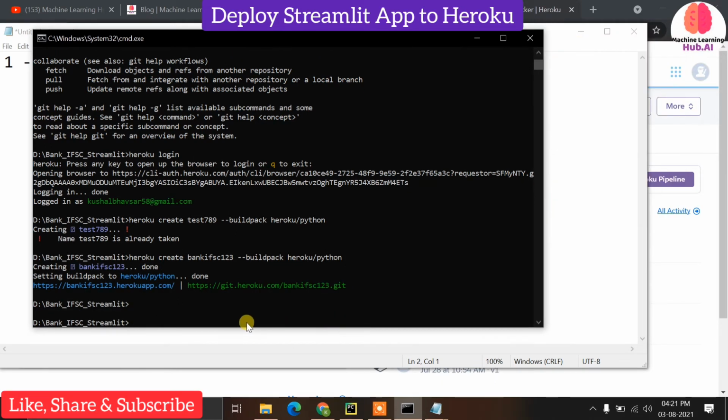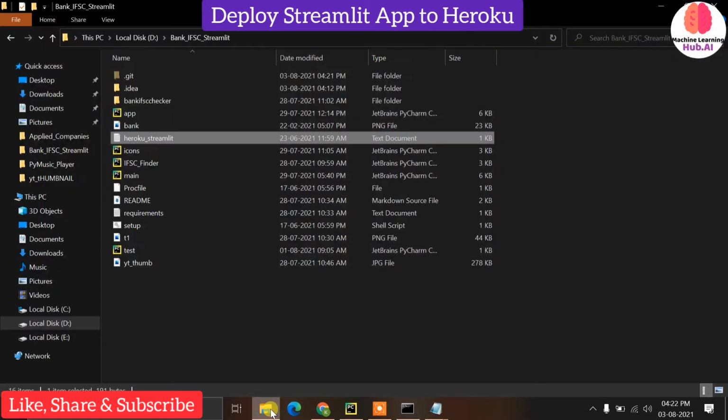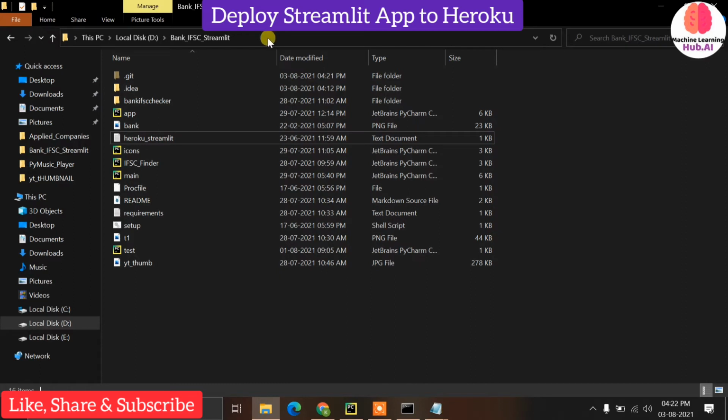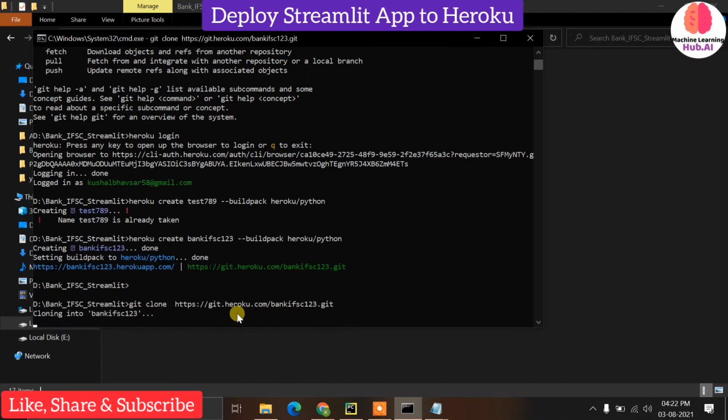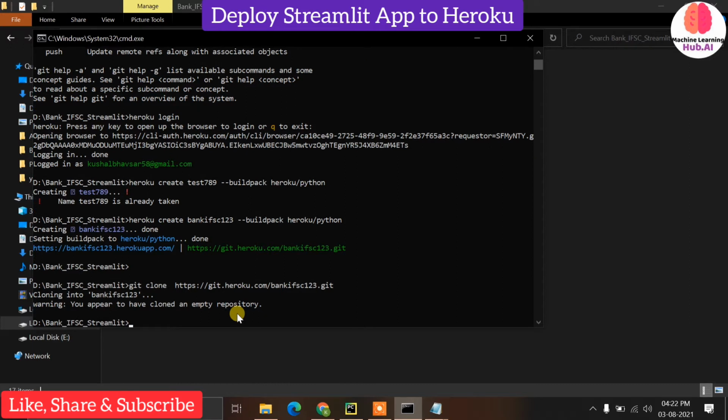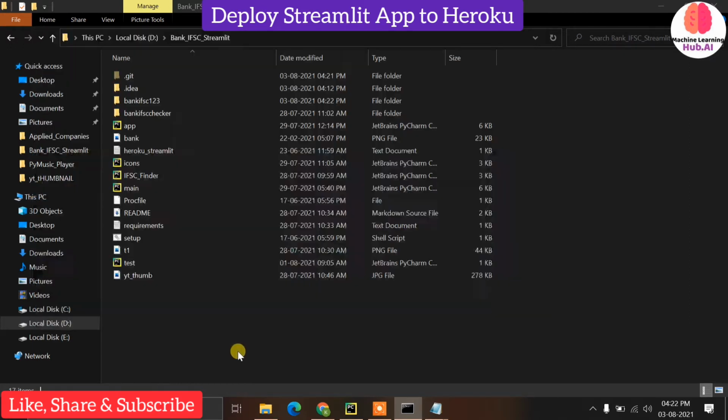Now come back to your working directory and open CMD, which is already open. Now write git clone and paste that URL. It is giving a warning because it is an empty package.